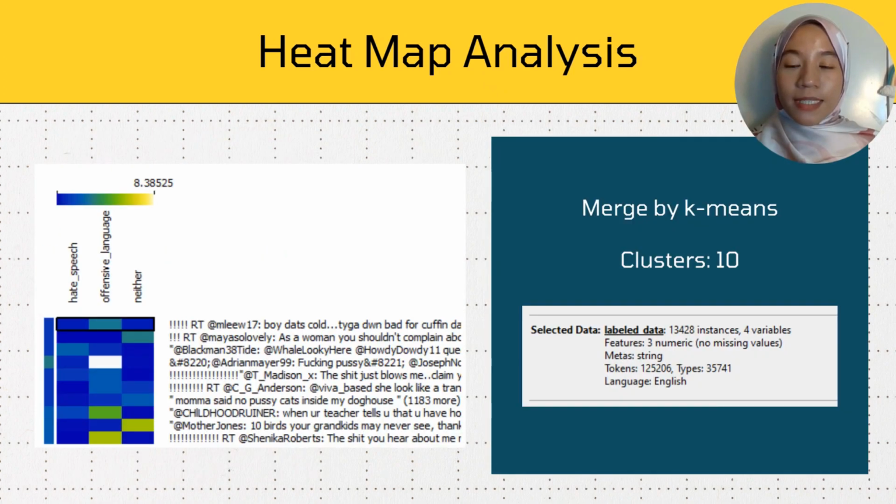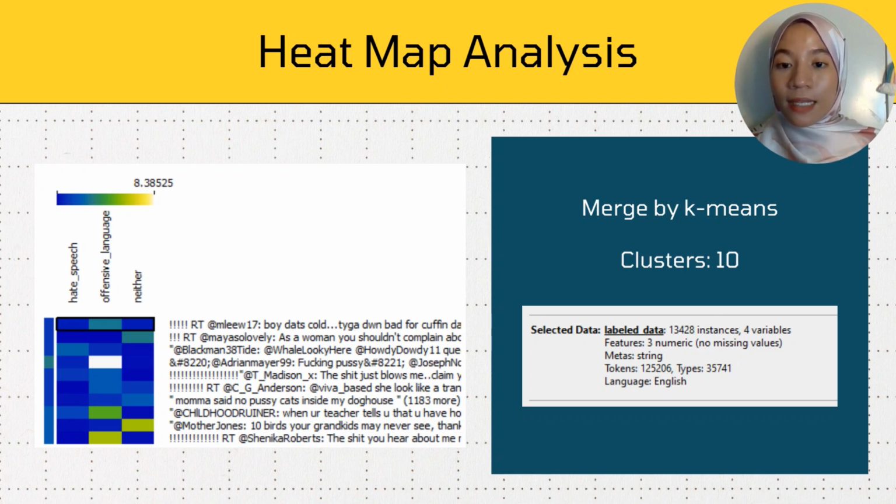After applying the k-means algorithm, each instance is assigned to one of the k classes based on its similarity. Note that in this diagram, the horizontal line on the left represents the average color, which indicates the level of severity of the comment. As we can see from the first line, both hate speech and the neither category are dark blue, while the offensive language is in a lighter shade of blue. So the average color is still dark blue, which means that the comment is not harmful enough to be categorized as either hate speech or offensive language.